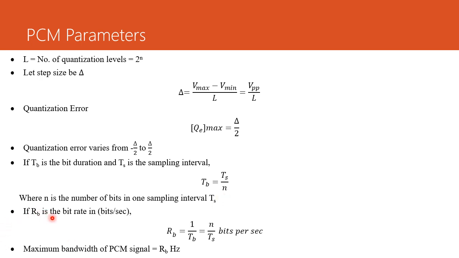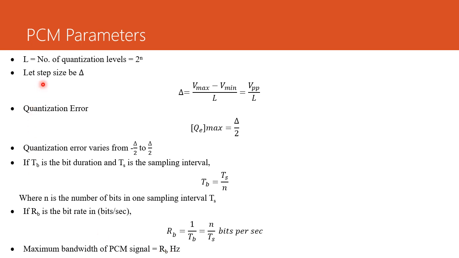If RB is the bit rate in bits per second, then RB can be defined as 1 by TB, where TB is the bit duration. So RB is equal to 1 by TB, which is equal to N by TS bits per second. And the maximum bandwidth of a PCM signal is equal to RB, that is the bit rate, in